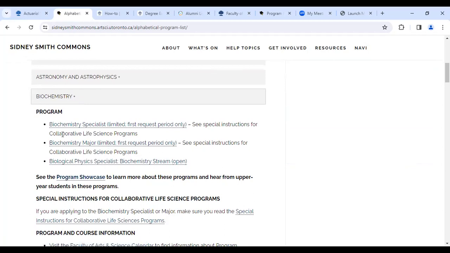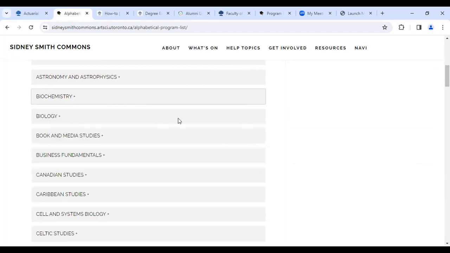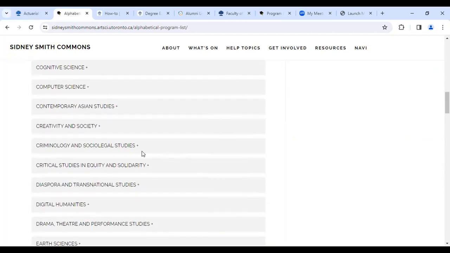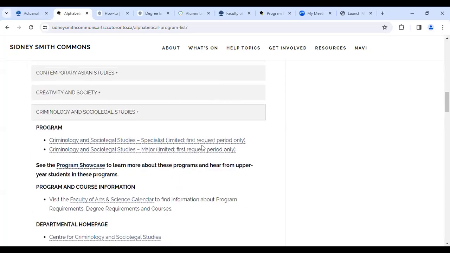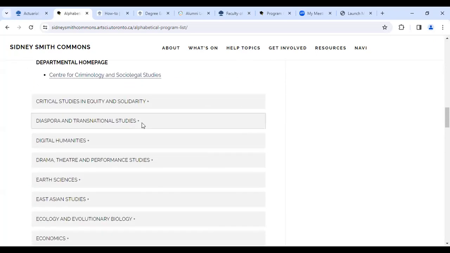As you can see, for a student planning to go into biochemistry, they only have one request period. What this means is that the student needs to be meeting all the prerequisite courses by the end of this fall winter session. If that's not the case, then the student will be advised to enroll in a backup program as they work towards the prerequisites to apply to the biochemistry program during the following program enrollment period. Okay, so this will be the place to look at if a program is open or limited, and the request periods.